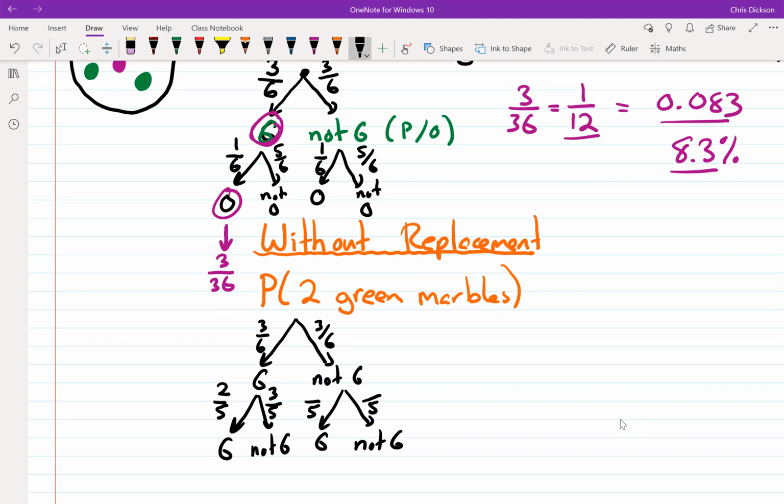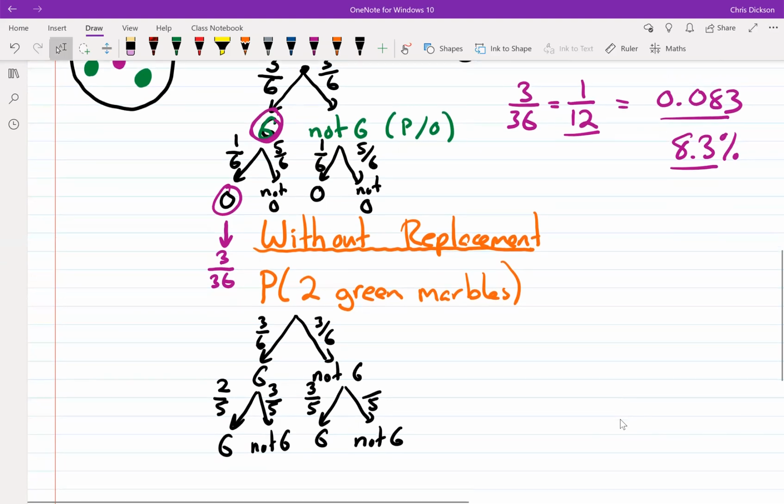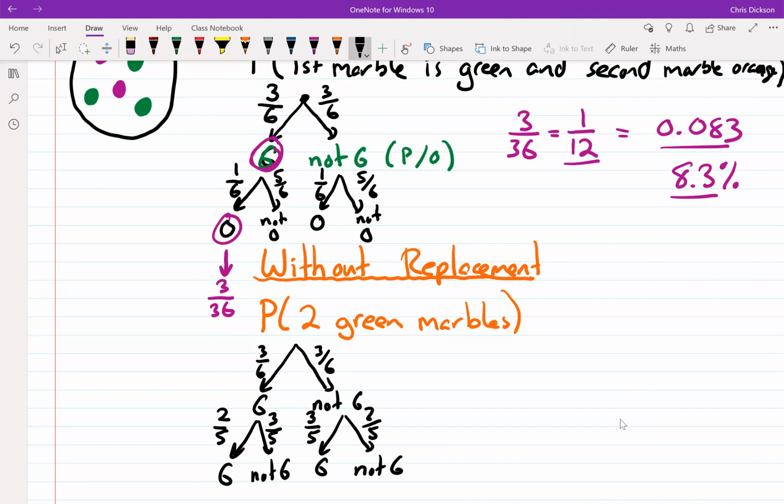But if you didn't pull a green marble out, that means there'd still be 3 green marbles left in the bag. So really this would not be 2, this would be a 3 here. Because remember, there'd be 3 green marbles because you would have taken one of the orange or purple ones out. And of course, if you took one of the orange and purple ones out, there'd be 2 non-green marbles. So notice, I'm just going to highlight this. You don't need to know this for Math 9, but notice that this number is different than that number. And we'll talk about the meaning of that in a second here.